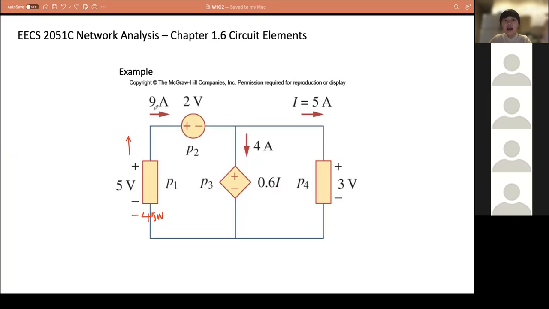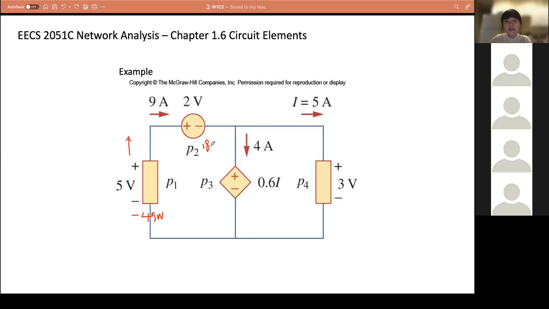We have the current going into the positive terminal, so the current is positive, and the voltage is positive 2. So P2 is equal to positive 9 amp times positive 2 volts,